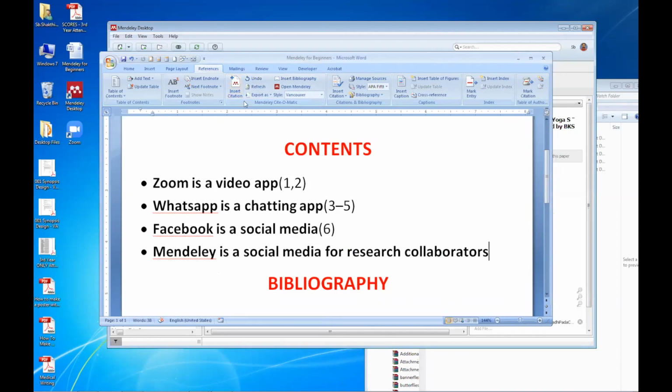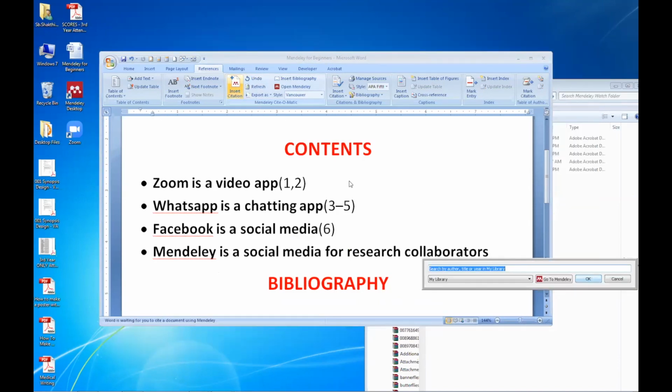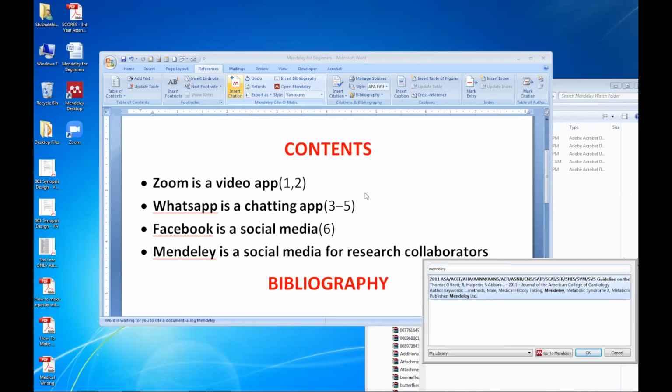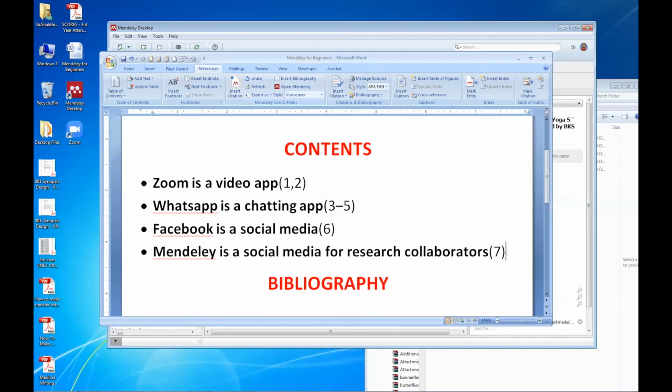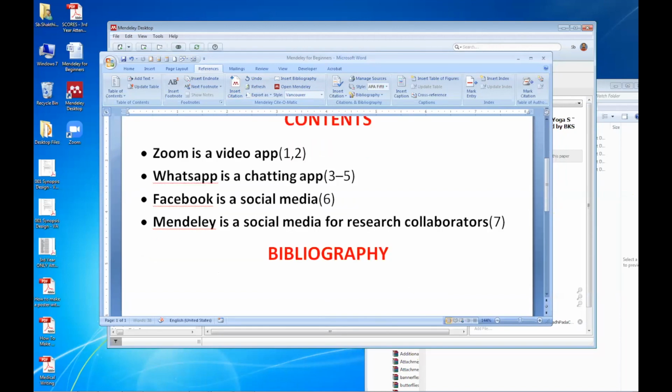Now, the last one. So now we have 7 citations in our document. So the project I have done has 7 references. Is everybody clear with this? There are 7 references. Now, for example, I am changing